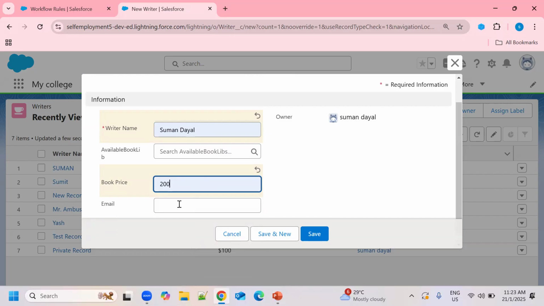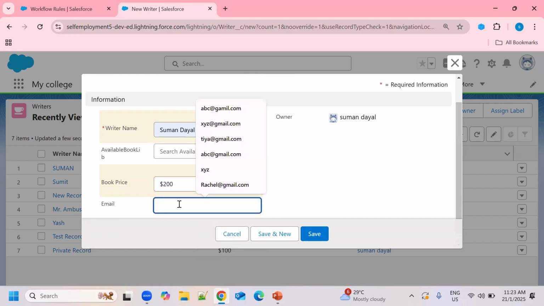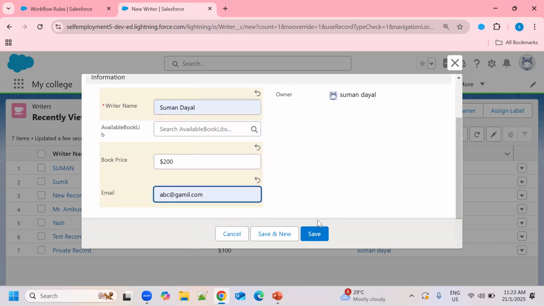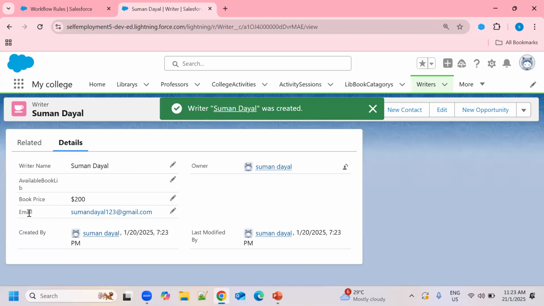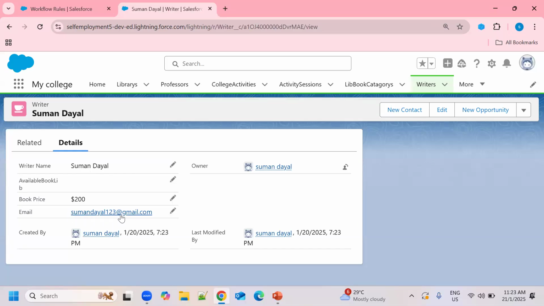Now I click on the Save button. Here you can see the email address is automatically updated, whatever I have set from my workflow rule. So it is working.